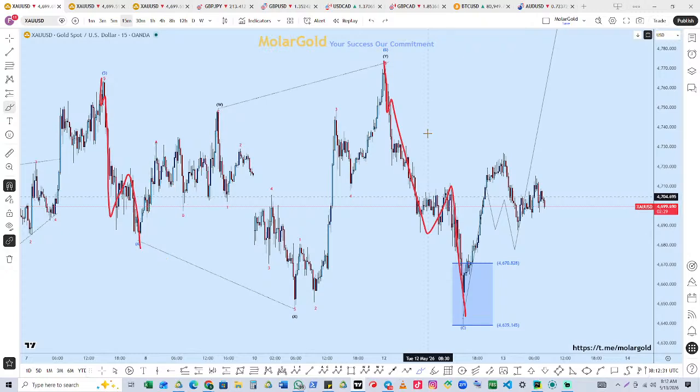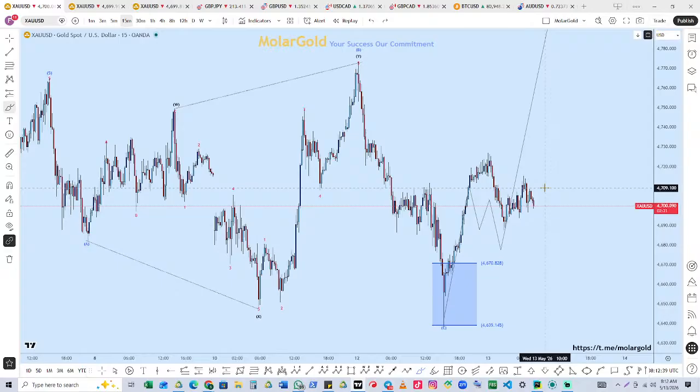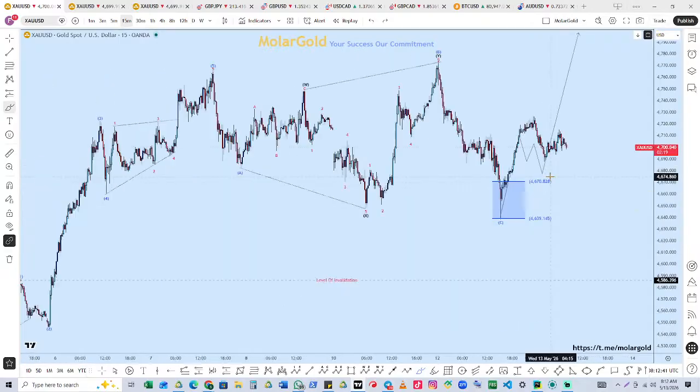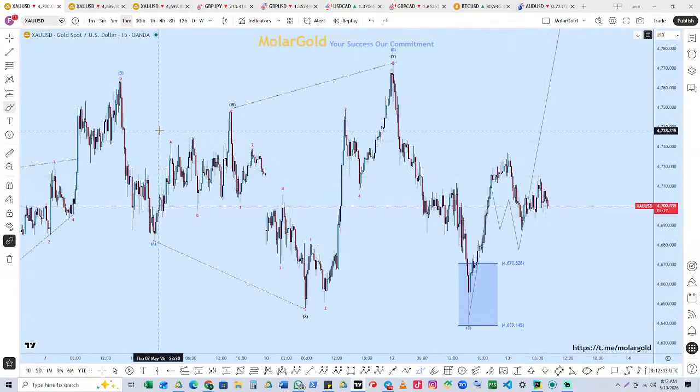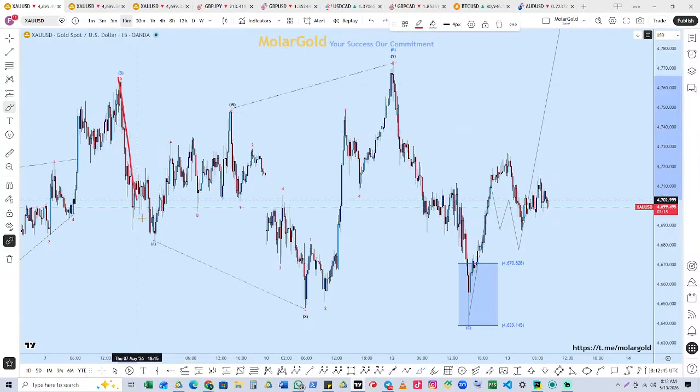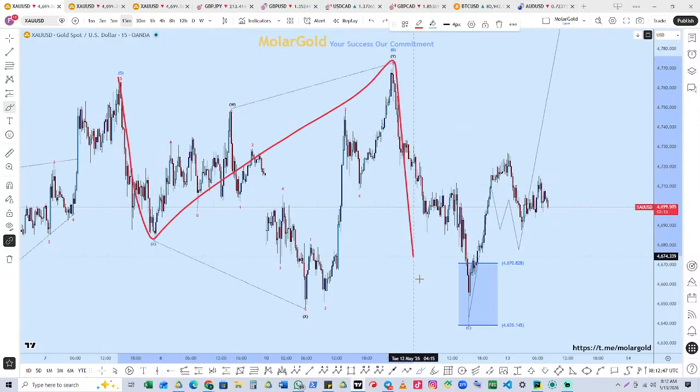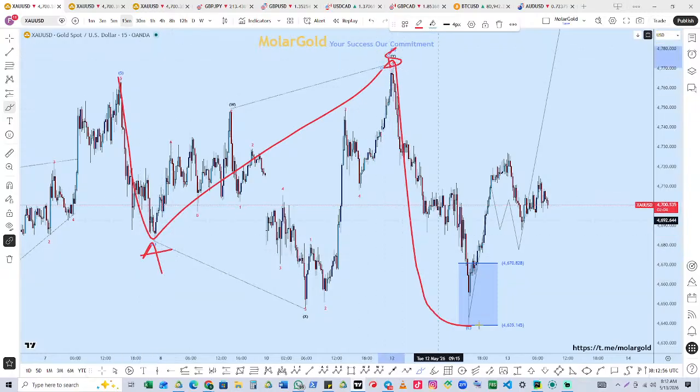So it means that now this structure has shifted slightly, but the up move has not changed. Nothing really has changed, right? Nothing really has changed. So what are we having here? We have 1, we have 2, we have 3, like this. Okay, that is A, B, and C. So yesterday we expected that this move should happen, and it did.